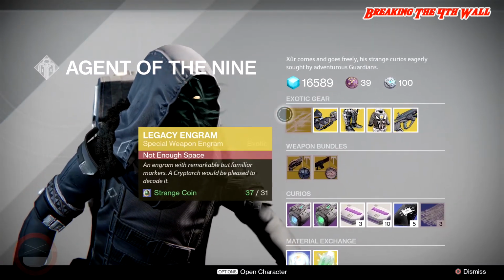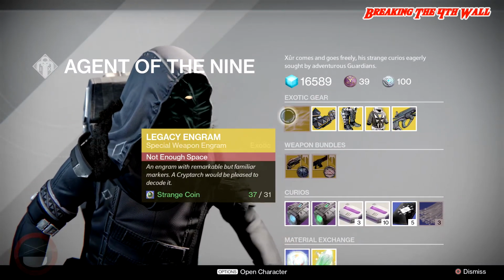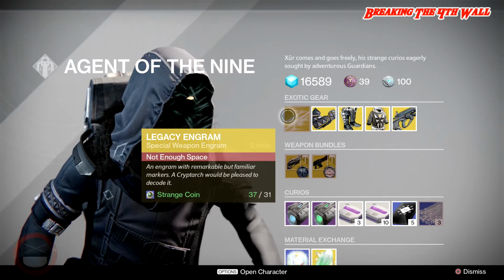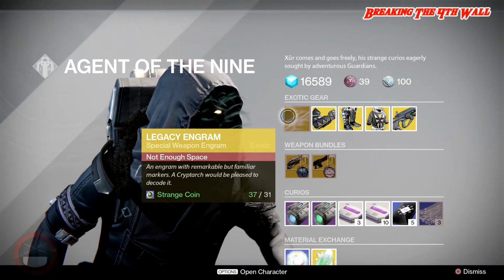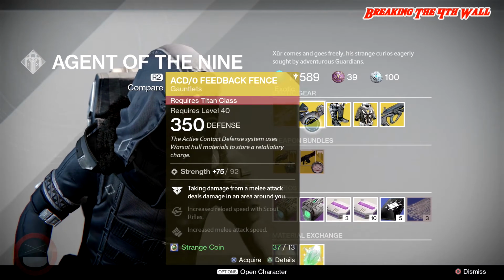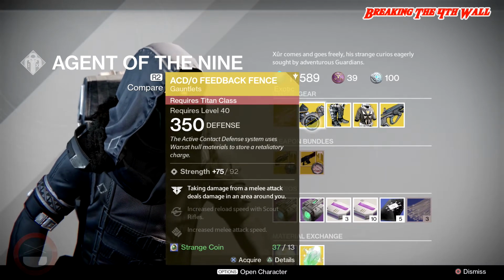Starting up top real quick, we have your Ever So Worthless Legacy Engram for 31 strange coins. Do not buy this. Do not waste your strange coins. Do not pass go. First exotic we will be going over is the ACD Zero Feedback Fence for the Titan